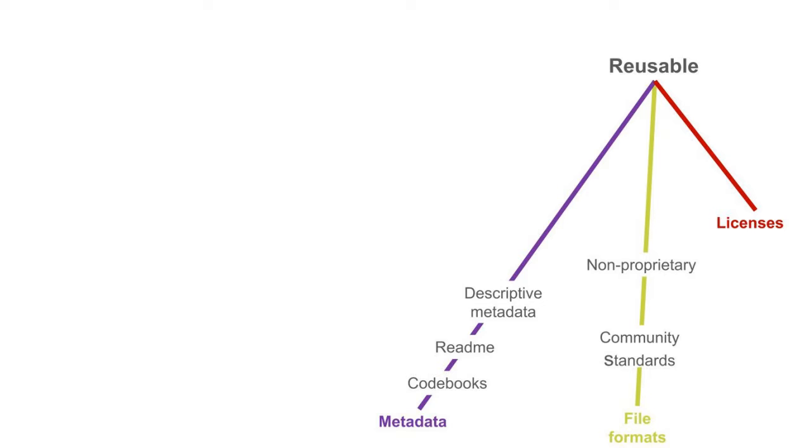We're going to step backwards through the FAIR principles to illustrate the fact that most of the work required to be FAIR is completed by archiving the data for yourself. Let's start with reusability. To make the data reusable, we need metadata to put the data into context, file formats that can be opened in the long term, and rules for how the data can be used in the form of a reuse license.